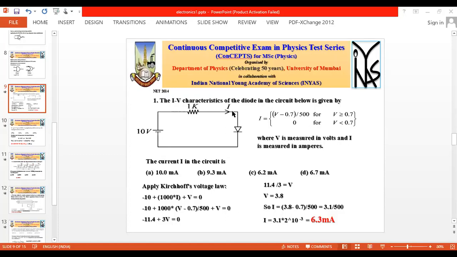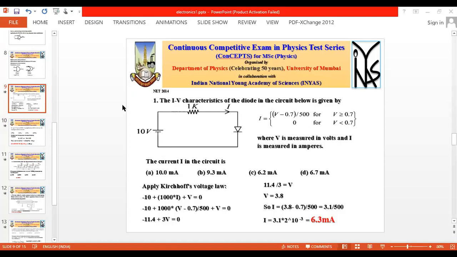Yes. In this case, this is not a Zener diode. You can see the symbol. That's why I told you we have to be more observing. If it is a Zener diode, we can use the breakdown voltage. This is a normal diode which is in forward bias, so it will hold some voltage across it depending upon the current flow.